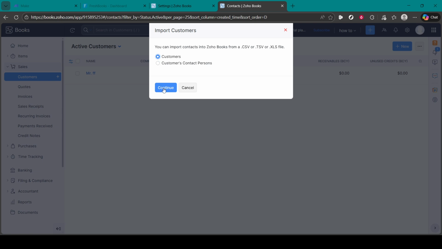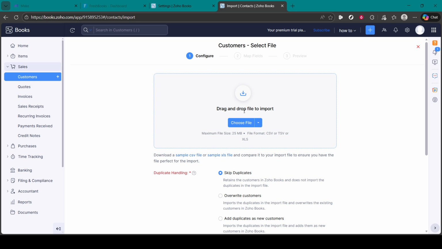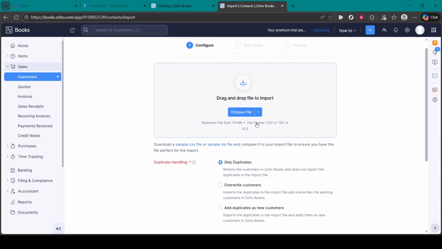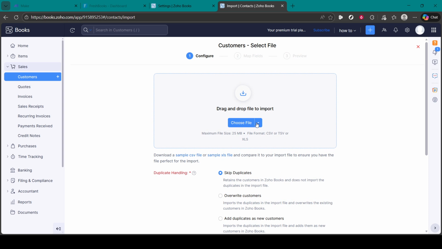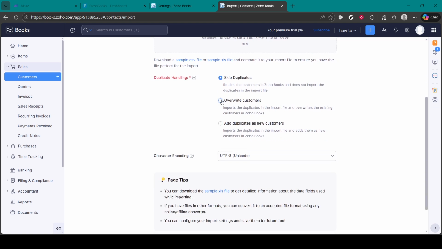A few quick tips here can make this smoother. Have your spreadsheet ready in a common format like CSV or XLSX. Keep your column headers clear and consistent, and include unique identifiers such as a customer name or email, so duplicate detection works well. If you already have customers in Zoho Books, it's a good idea to quickly review them before